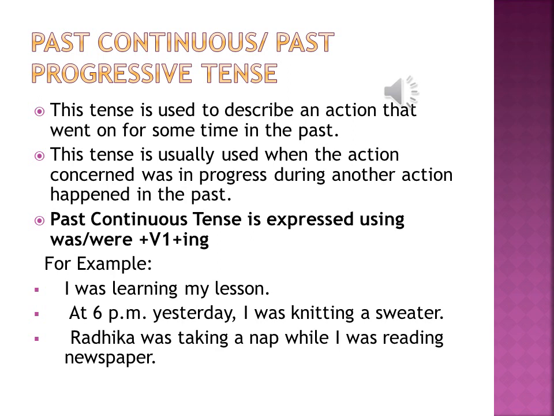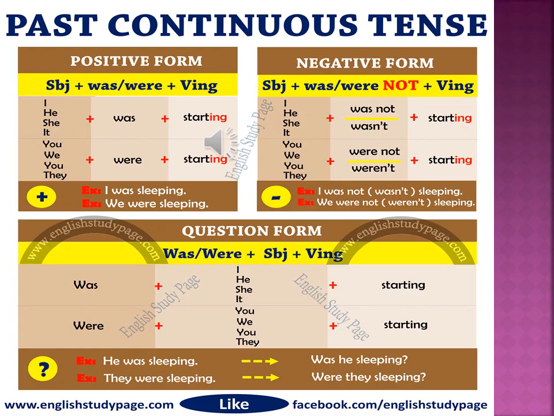Just to state a few examples, I was learning my lesson. At 6 p.m. yesterday, I was knitting a sweater. Radhika was taking a nap while I was reading newspaper. Let us learn how to frame a sentence using past continuous tense. The structure of an assertive sentence will be subject plus was or were plus first form of the verb plus